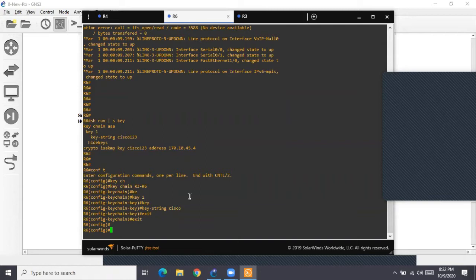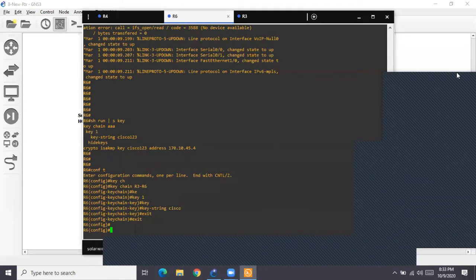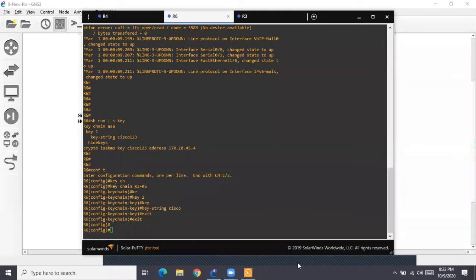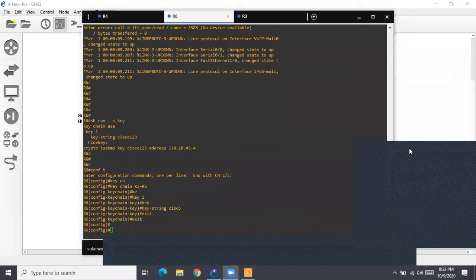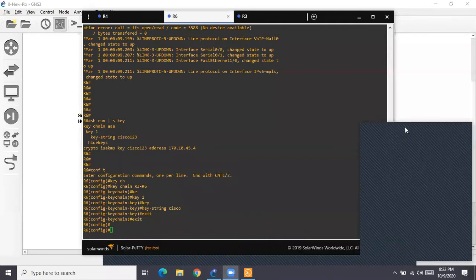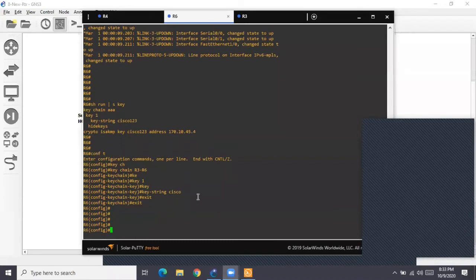Many people, whenever authentication configuration is there, it's best to copy this in a notepad file and then exactly copy-paste from one device to the other, because parameters must match. So done. This is the first step in authentication.